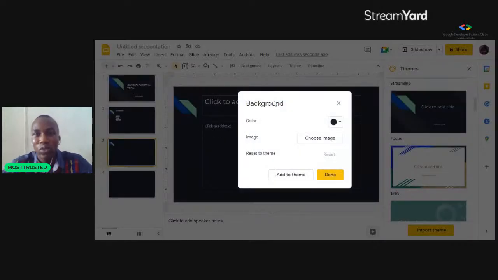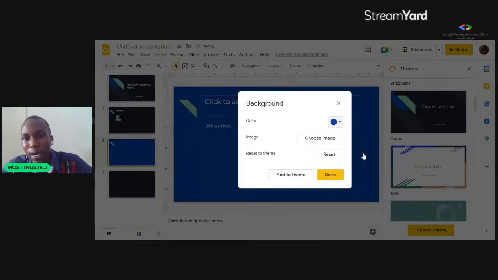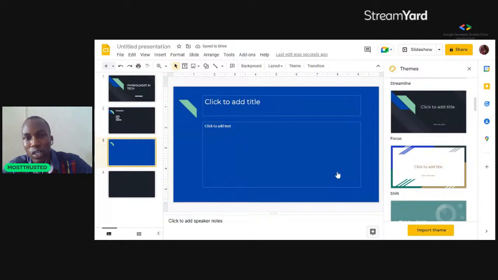Now there are two modes of background which you can use for your slide. It's possible that you might want to use a color, or you might want to use an image. So it depends on what you wish to use for your background. If you are to select a color, the default color for the theme is black. So we can say we want a blue background. If you go back to our presentation, our slide, you will realize that the background is already changed to